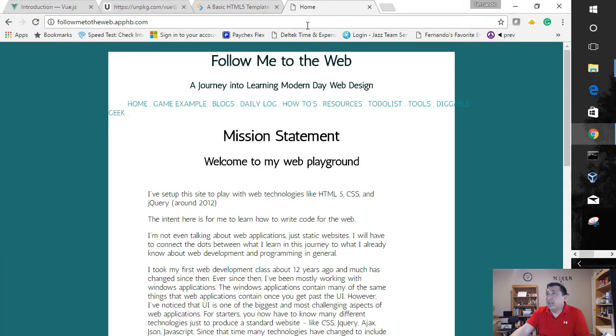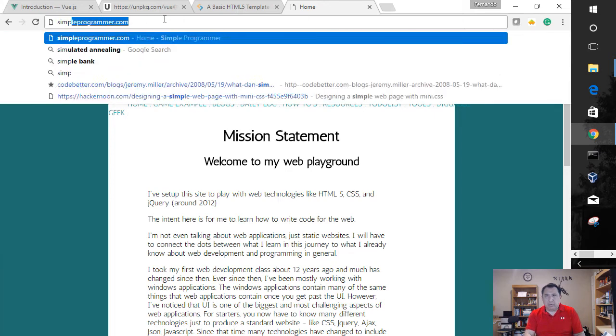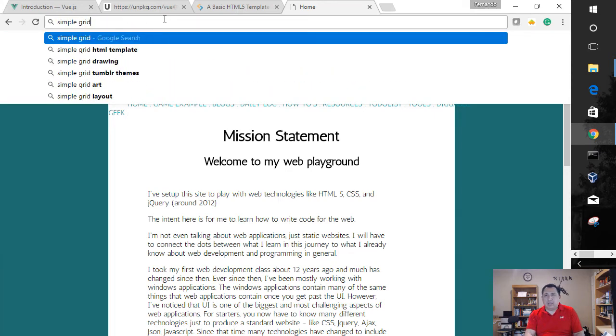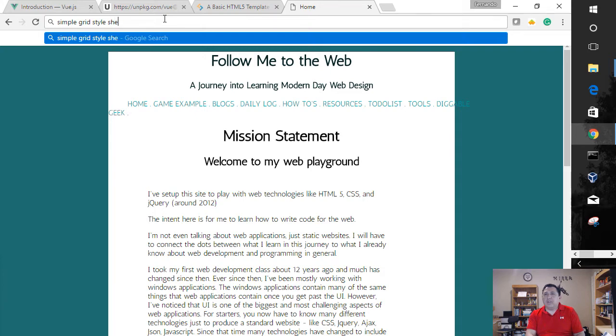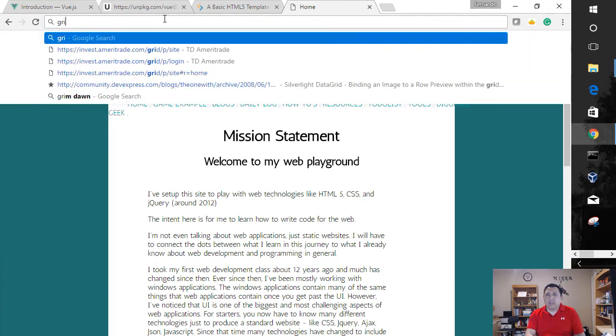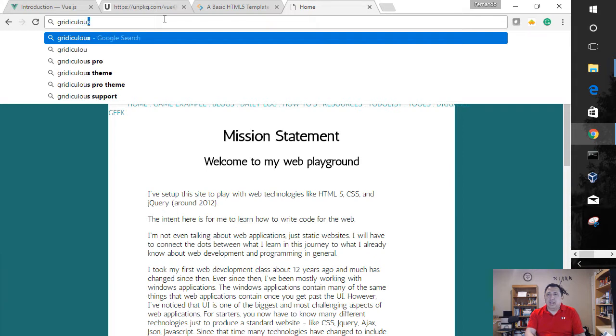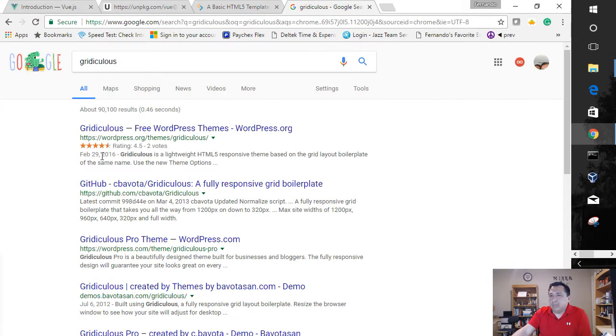Grid something. What did I call it? Oh, maybe simple grid style sheet. Oh, Ridiculous. That's what it is. It's called Ridiculous. And the reason I like Ridiculous is because